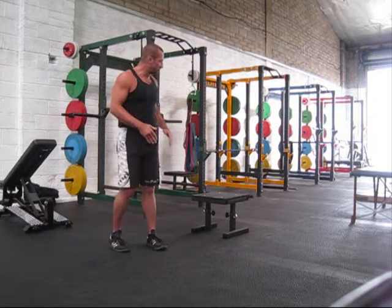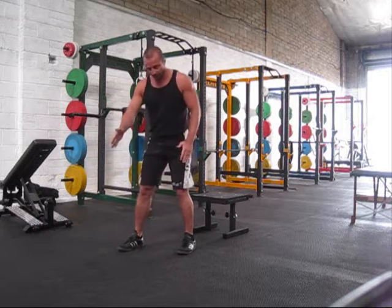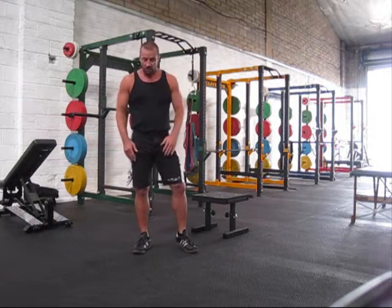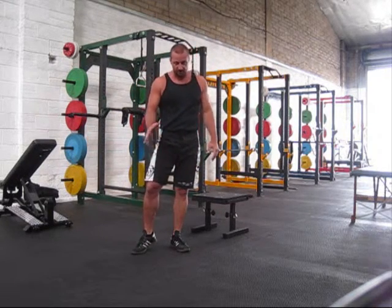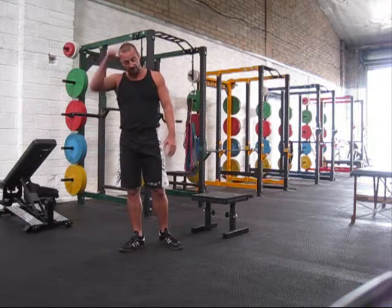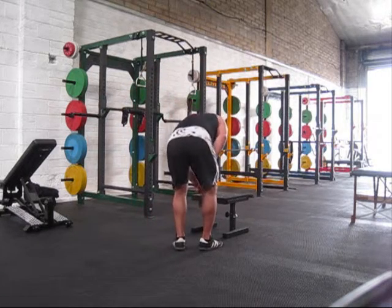The person was asking me, talking about how they have trouble balancing. I think what tends to happen is people step back too narrow, with that foot straight back, and you're almost on a tightrope. You're trying to balance on a straight line, you're twisting through your pelvis, putting a lot of pressure on your groin. You'll get some pressure on your groin doing elevated split squats just from supporting yourself, balancing and coordinating. But that rotation, I don't like the feel of that, and I'm trying to get a different effect from this exercise. So with that split squat, head up, chest up, I might do it sideways,